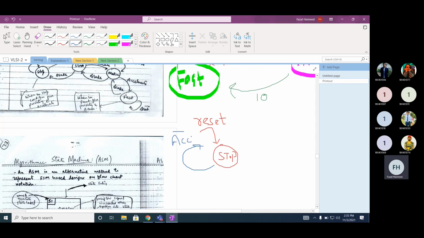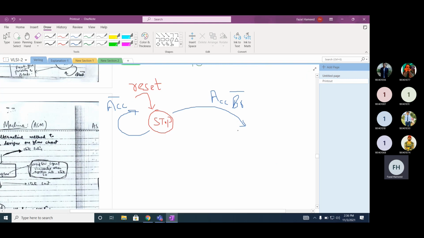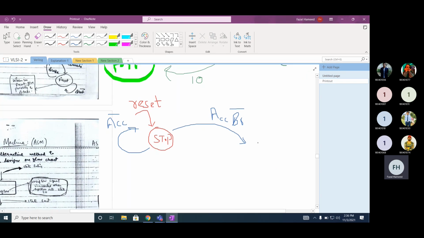If accelerator is 0, it will stay in stop. If accelerator is 1, but brake should be 0, then the system will make a transition from the stop state to slow.